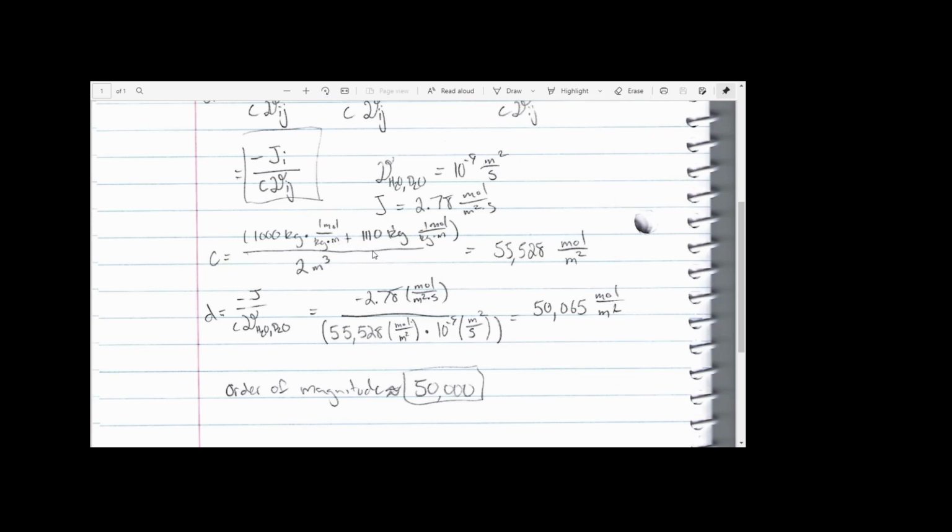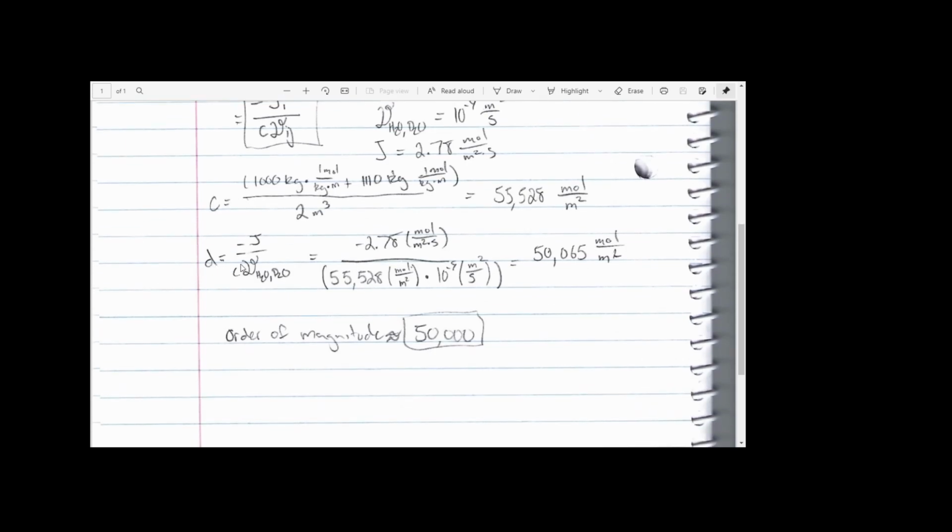Now we plug this into the equation and we get 55,528 moles per meter squared for the total concentration of the system. Now we plug it back into this equation and you get the negative molar diffusive flux J, which is negative 2.78 moles per meter squared second, divided by the concentration, 55,528 moles per meter squared, multiplied by the Stefan-Maxwell diffusive coefficient, 10 to the negative 9th meter squared per second,